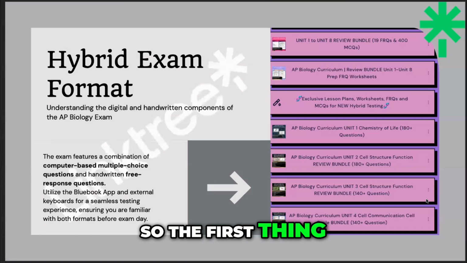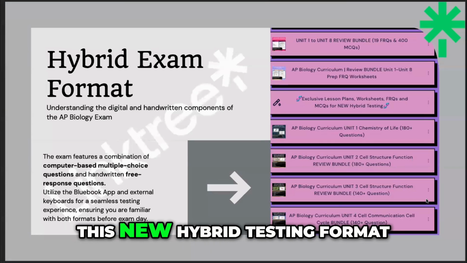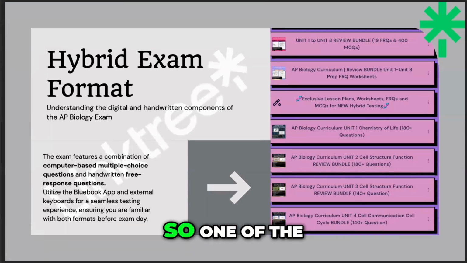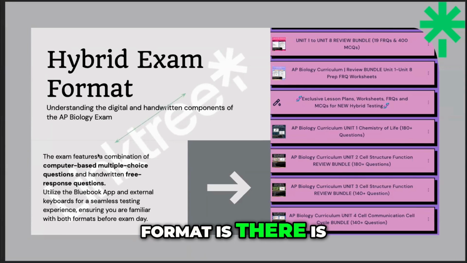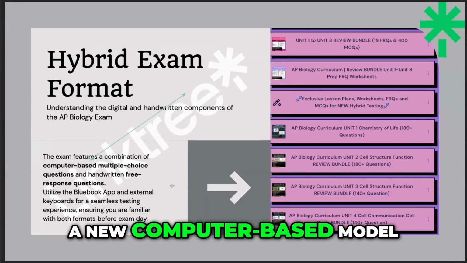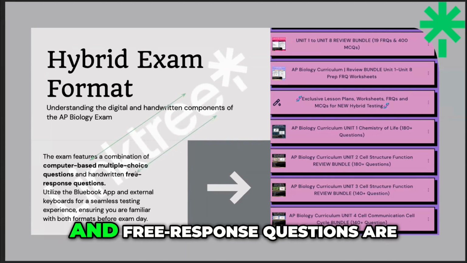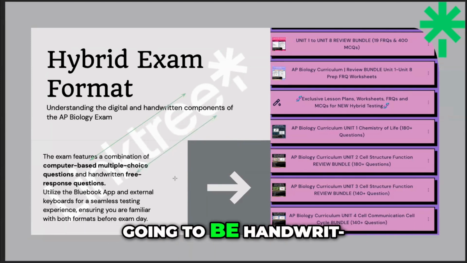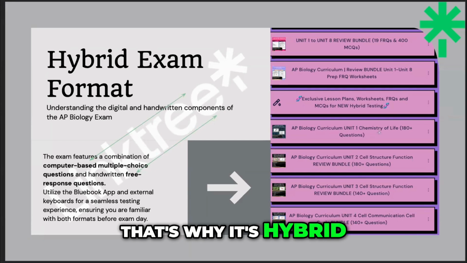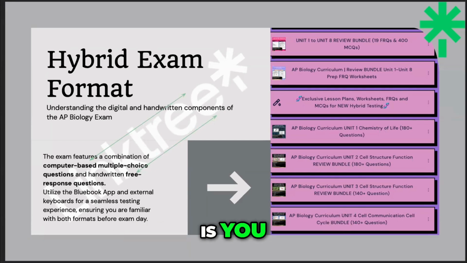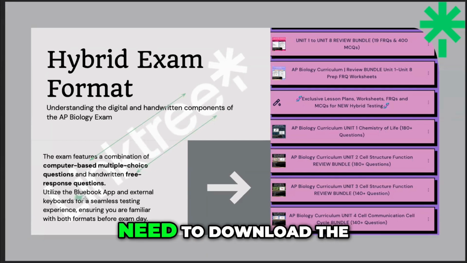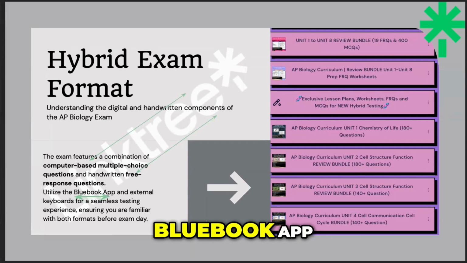So the first thing we want to note is this new hybrid testing format. One of the things that you need to note for this format is there is a new computer-based model for multiple choice questions, and free response questions are going to be handwritten. That's why it's hybrid. So what that means is, if you haven't done so, you need to download the Bluebook